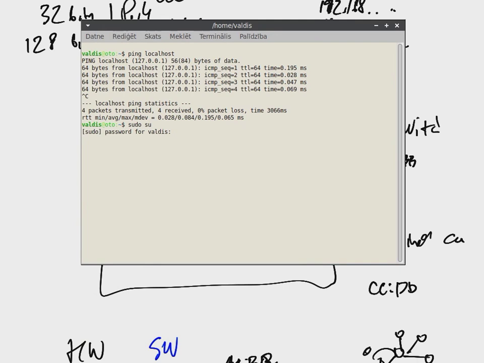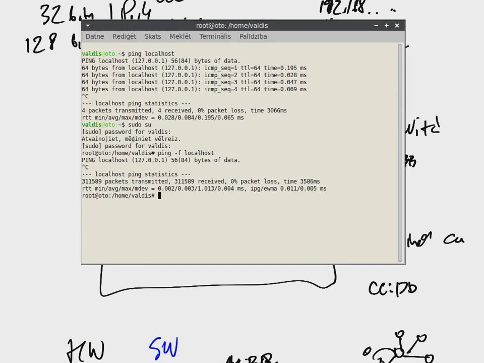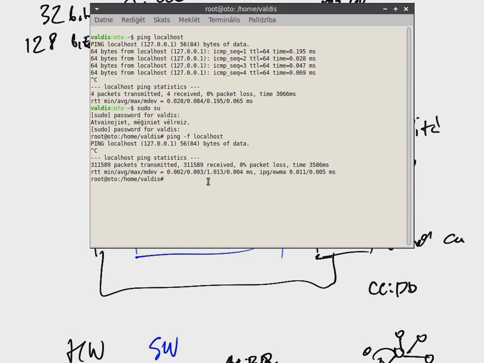Actually, we can check the maximum speed for it with root permissions. In a few seconds, not more than 2, 311,000 packets were received and sent through this localhost interface.